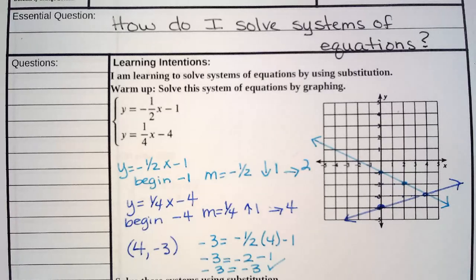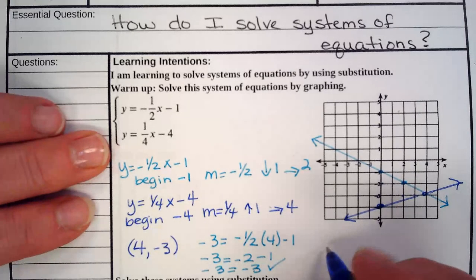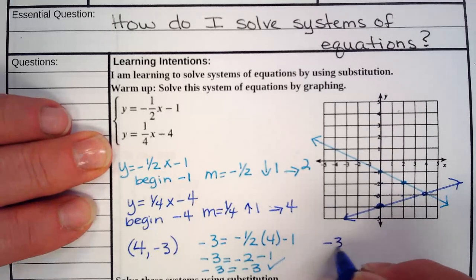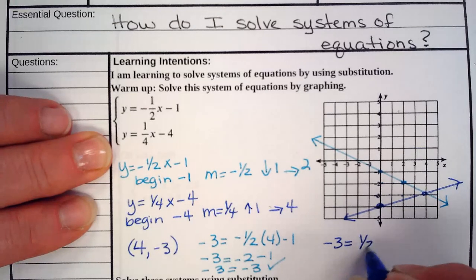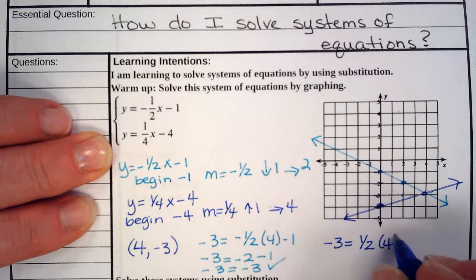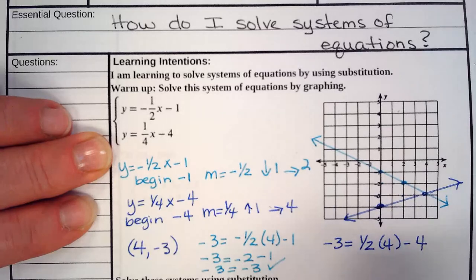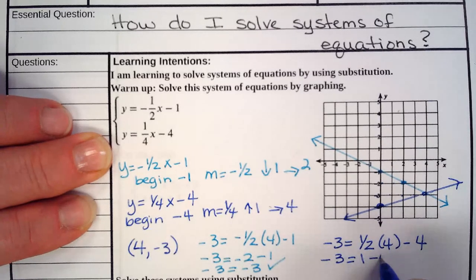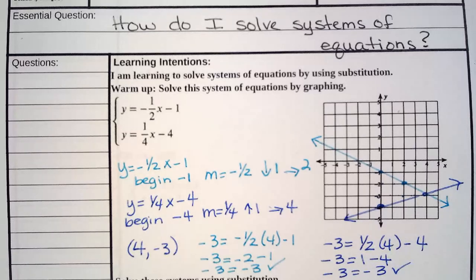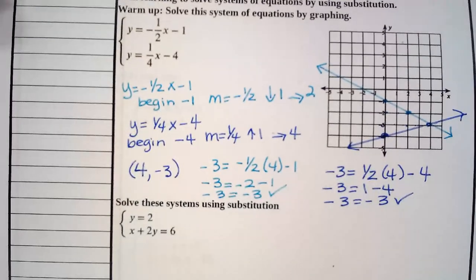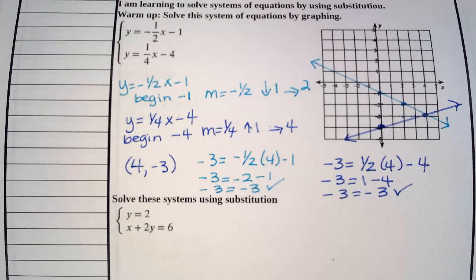What about the second one? Is -3 equal to 1/4 of 4 minus 4? Is -3 equal to 1 minus 4? -3 is equal to -3, and it also works. So the way you check your answer is by substituting into both of the equations and making sure they make